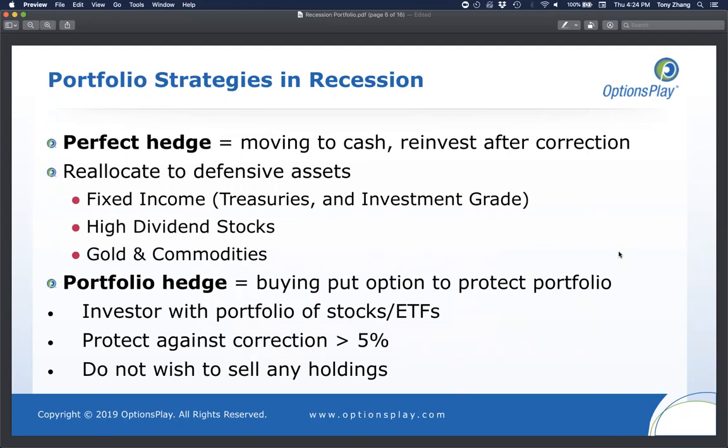And so the few different options that you have, first of all, I think what we should do is make sure everyone understands that there is a thing called a perfect hedge. And that perfect hedge is simply moving your assets into cash and waiting for the markets to correct and reinvest after the correction. Now, you can move into cash, you can move into cash equivalents like money market funds or